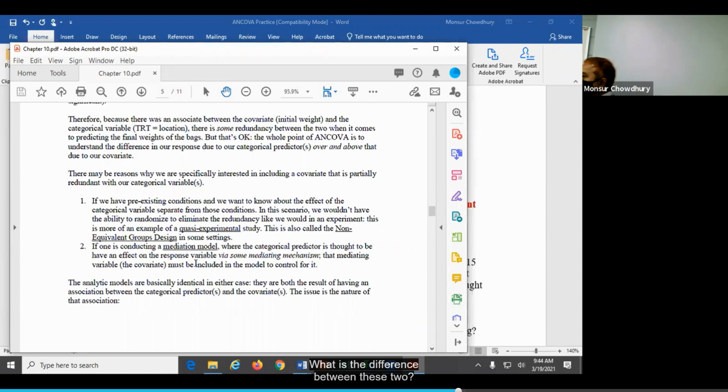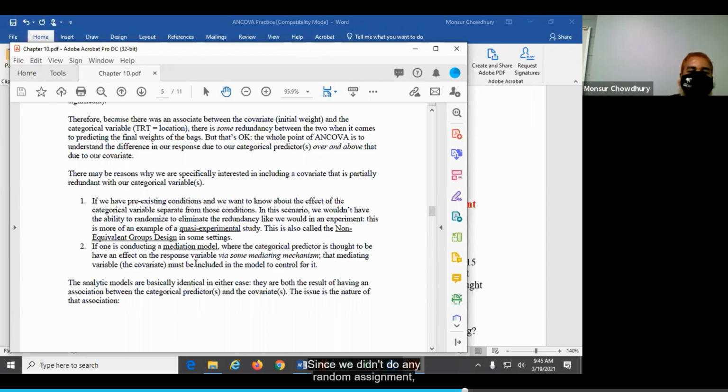What is the difference between these two? In the second one, we randomly assign the treatments. Okay? The randomization was done. So this is an experimental study. In the first one, there was no random assignment done, so this is just a quasi-experimental study. Random assignment means we randomly assign the treatments to the experimental units.